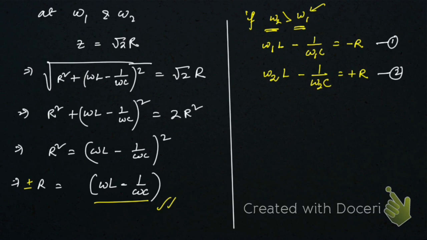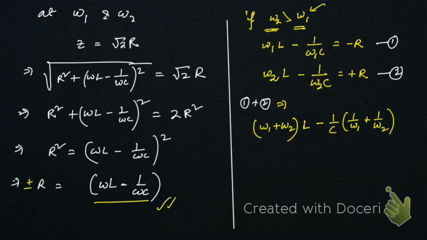If you add these two equations, adding 1 and 2, what we're going to get is that minus R and plus R cancel each other. So on the left hand side, we're going to get omega 1 plus omega 2, L will be common, and similarly 1 by C will be common. Within the bracket we're going to get 1 by omega 1 plus 1 by omega 2, on taking minus common. On the right hand side it's going to be 0. Simplifying this, what we're going to get,